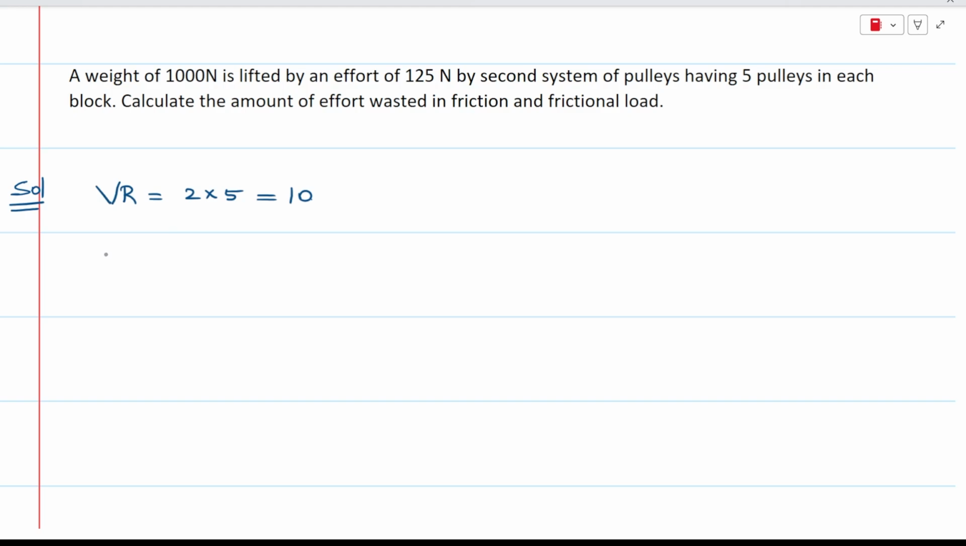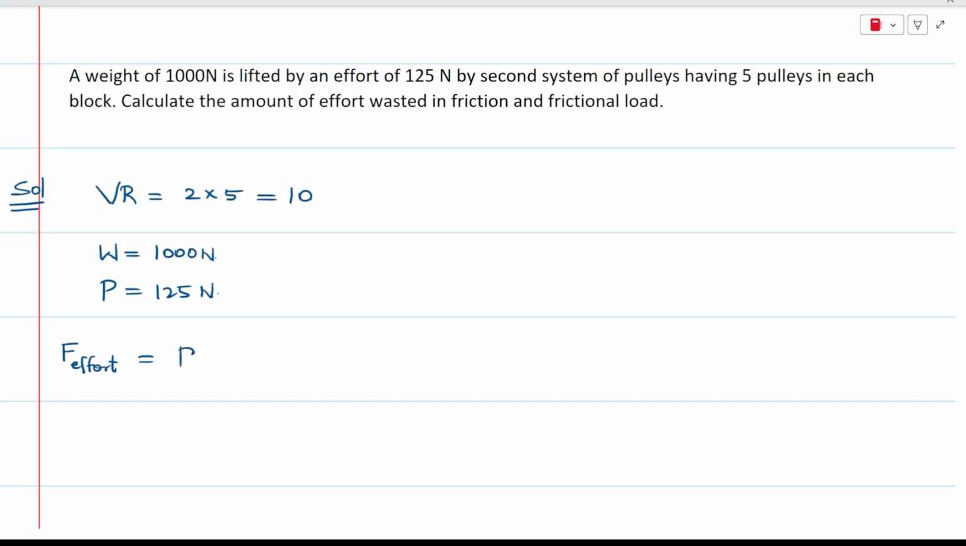Next, the amount of effort wasted in friction needs to be computed, and the frictional load as well. So load here is 1000 newtons and effort is 125 newtons. So effort computation is to be done, that is frictional effort